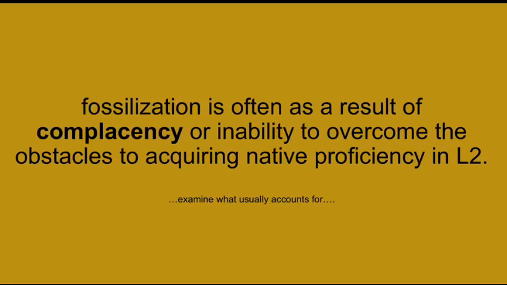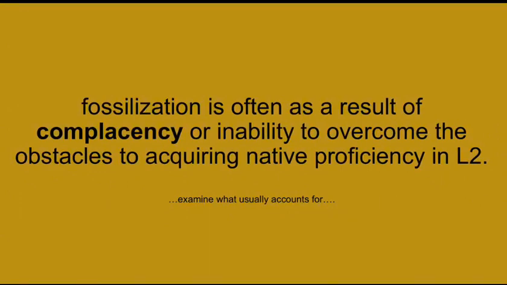Now, fossilization is often seen as a result of complacency or inability to overcome obstacles. Once you are satisfied, you have self-satisfaction, you are just okay at the level you have achieved, it brings about fossilization.